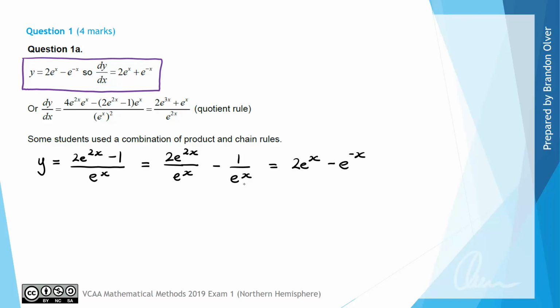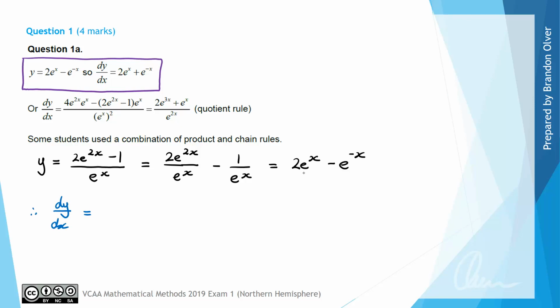So if we have e to the power of x in the denominator, we can move it up into the numerator as e with a negative power of x. So therefore dy/dx, which is what this question wanted, could be found by just differentiating each of those two